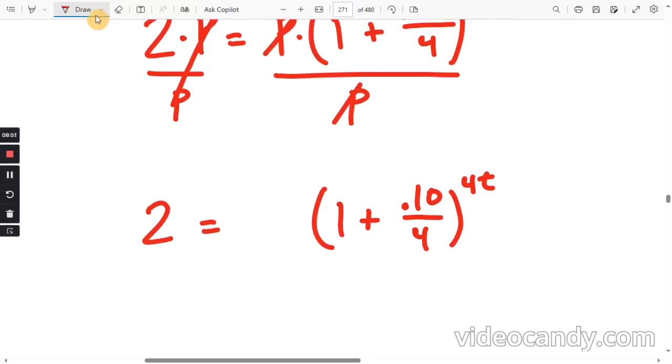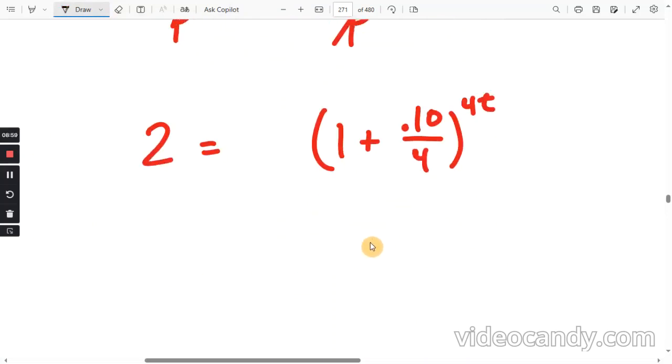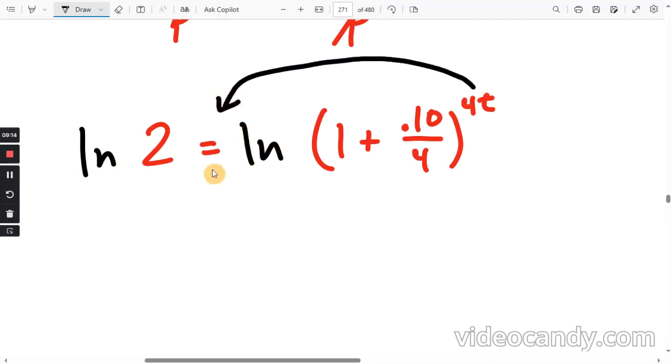You can use log or natural log. It does not matter, okay? If there were an e here, natural log is much better. But in this case, it doesn't matter. All right, I'll use natural log since I used the regular log on the other one. Do natural log on both sides. Power rule. The exponent 4t is moved to the front. So we have ln of 2, and that equals 4t